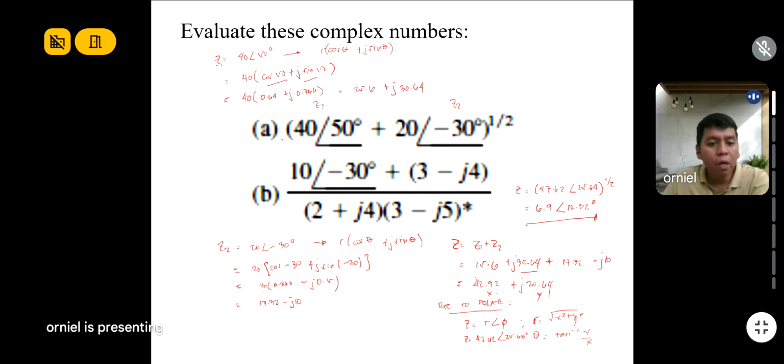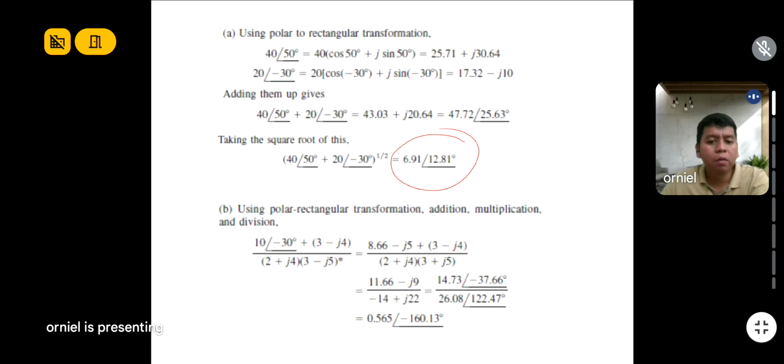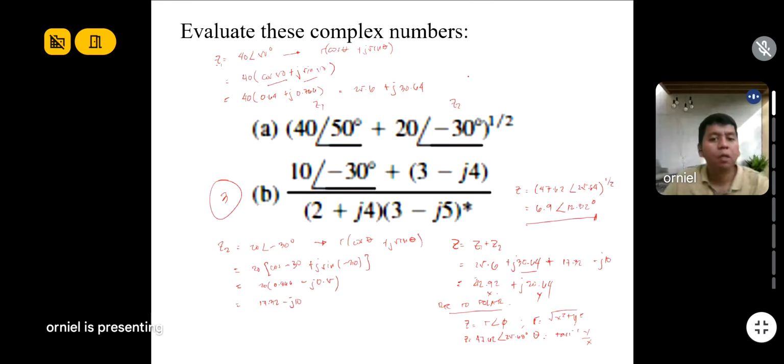Now, this will be in your assignment number 3. You can do this by evaluating the complex number for letter B. That is the elaborate answer. I want your answer to be broken down like this. I don't like shortcuts. Break it down properly so that you know the process. The important thing here is the process, so that you know where to add, where to divide, and so on.